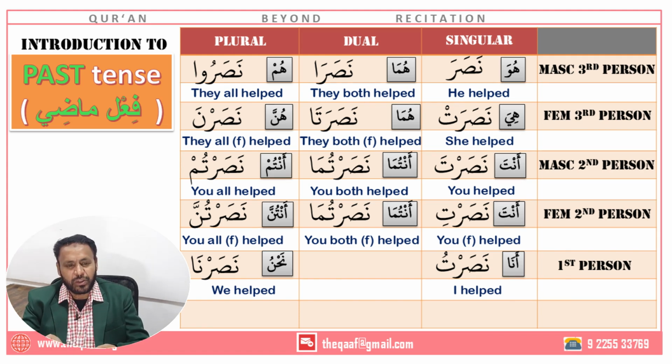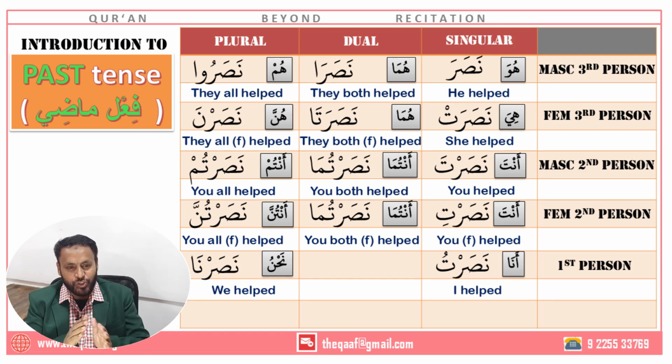So from now on, in the rest of the table, the Ra cannot speak anything. It will be having sukoon on it, jazm on it. Why? Because all the women decided it. They said, we don't want anything this Ra should say. We don't like it. So they put a sukoon, and when they make a change, they put their seal on it, that we have made this change. What is that seal? The seal is noon with a fatha. That is their sign. Every time they do something, they will put noon with a fatha. This is the female plural sign. We have done it. Don't change it back again.